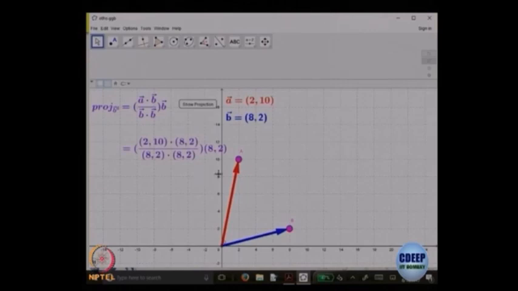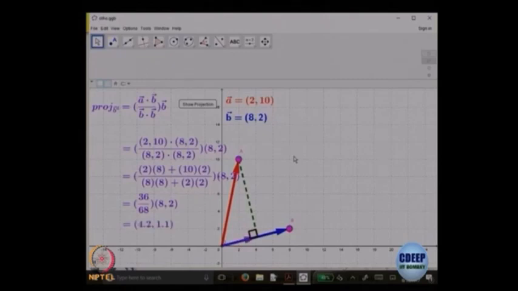It gives you the computation also. So this is the projection vector being computed, this is the projection. Now if you subtract it from the original one, you will get this perpendicular one. You can do it in R3 also, there is a possibility of doing it in R3 also. It is nice to play with this, and that is how you will learn what the formula is.